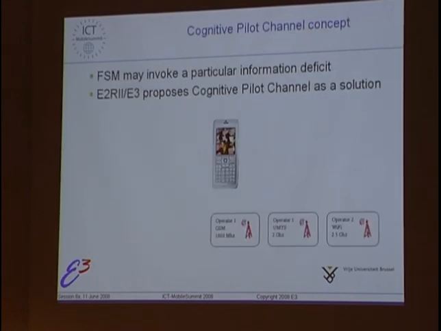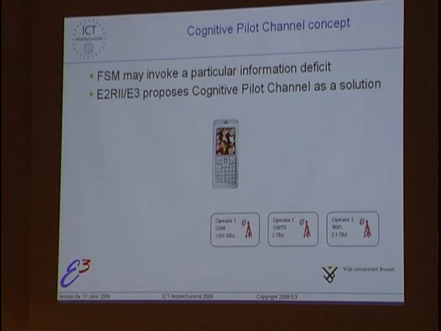So, what does the CPC do, very fast? Imagine a situation in which frequencies change from, on the long term, 1 month to the next, or on the very short term, from 1 second to the next. And imagine a terminal that is able to switch, to reconfigure itself to be able to work on different frequencies and with different radio access technologies. So in this situation, you have an operator 1 having a GSM network at 1800 megahertz. It's purely fictional. The same operator having a 3G network at 2 gigahertz, and an operator 2 having a Wi-Fi base station, an access point as well, at 2.5 gigahertz.